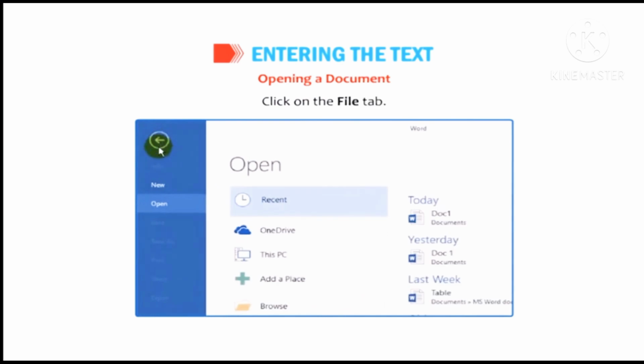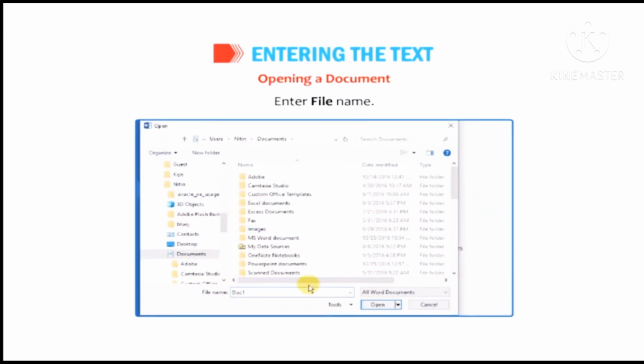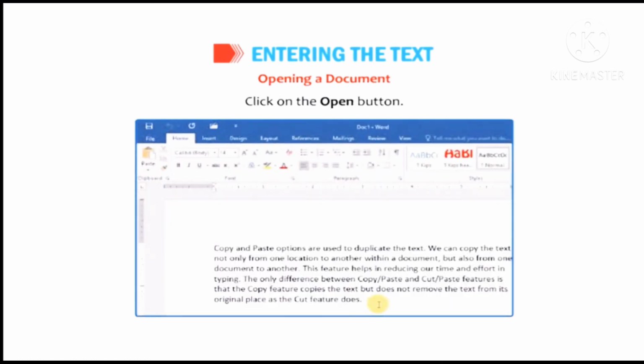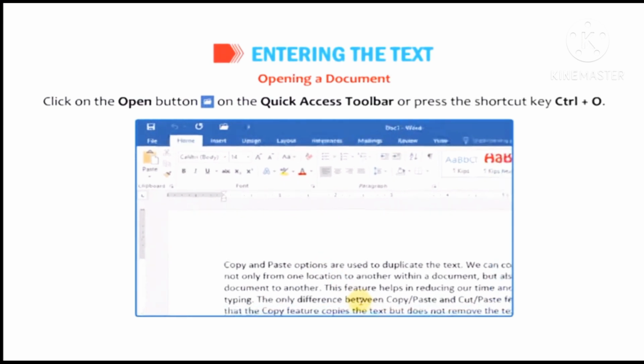Opening a document. Click on the File tab and select the Open option. Enter the file name. After that, click on the Open button. Or click on the Open button on the Quick Access toolbar, or press the shortcut key Ctrl plus O.